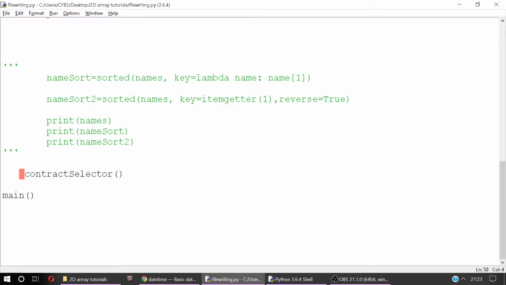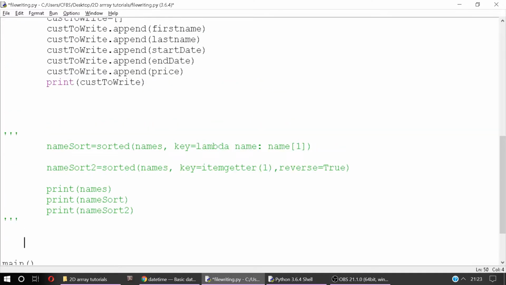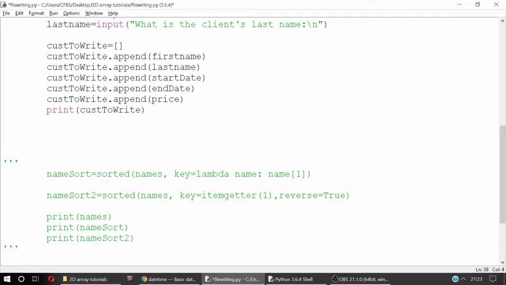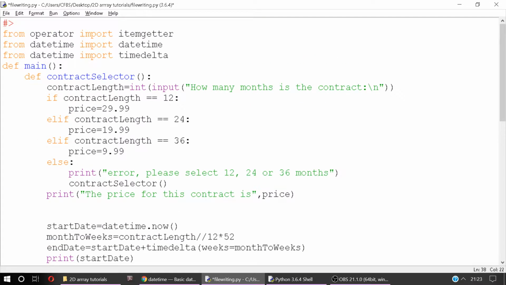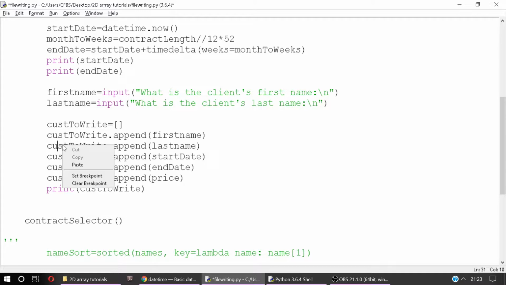Yeah, that's within the main loop. What we're calling contract selector. Oh,